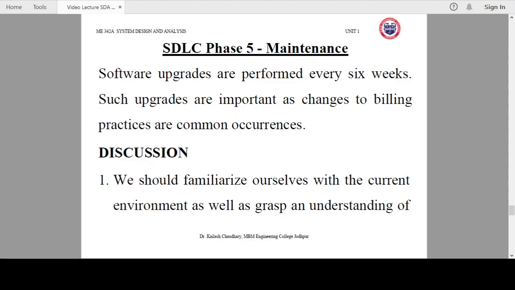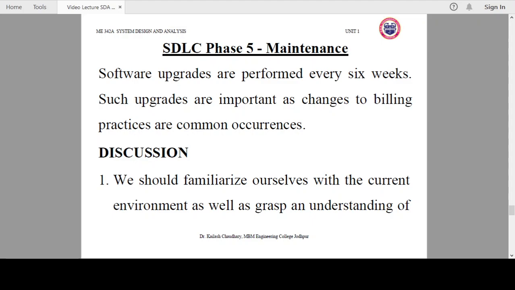So these phases we have discussed particularly for the case of a home healthcare system of a hospital. We have discussed the various phases of the system development cycle up to now, keeping in mind the case of a hospital. Now, what are the important points of discussion here?